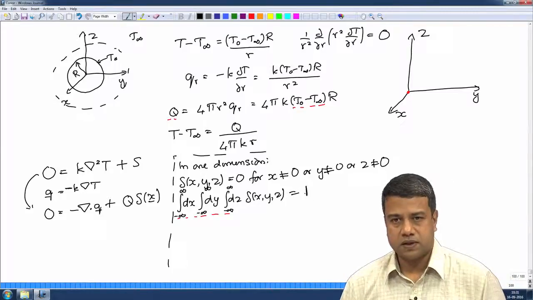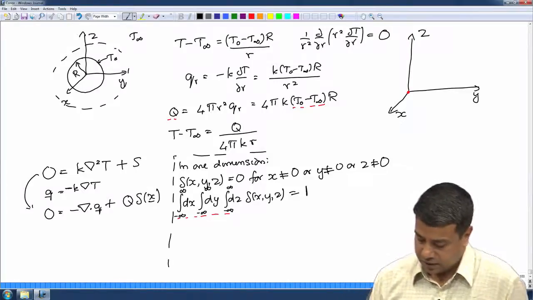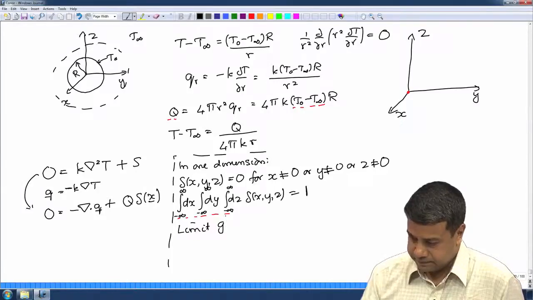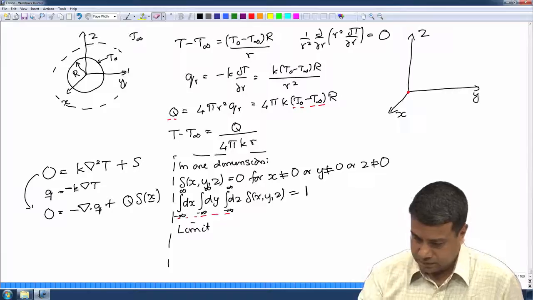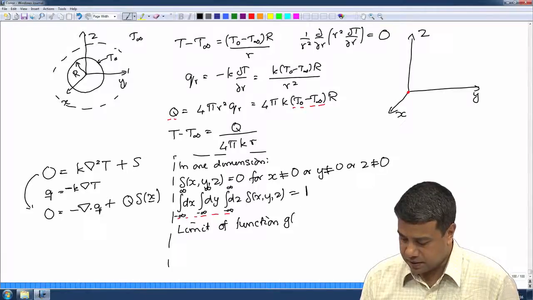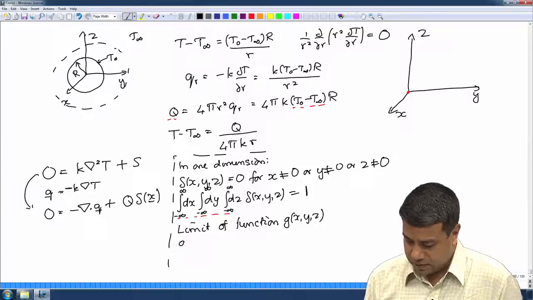Okay. So, it is non-zero only when x, y and z are 0 and its integral is equal to 1. As I told you, you can take this as a limit of a function g of x, y, z,